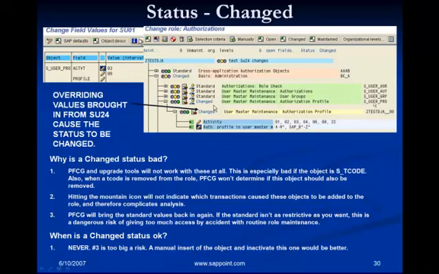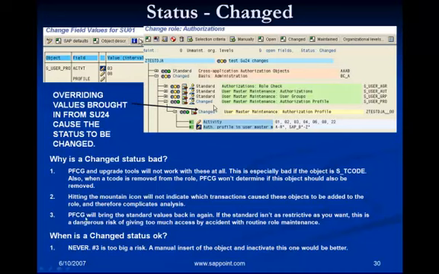Now in this case, because you manipulated the default values by adding your own set of values, when you click on the mountain icon, it will not tell you whether this object is needed by SU01 or not. So if there is an authorization error or authorization related issues, it becomes a problem for you to perform any kind of analysis.